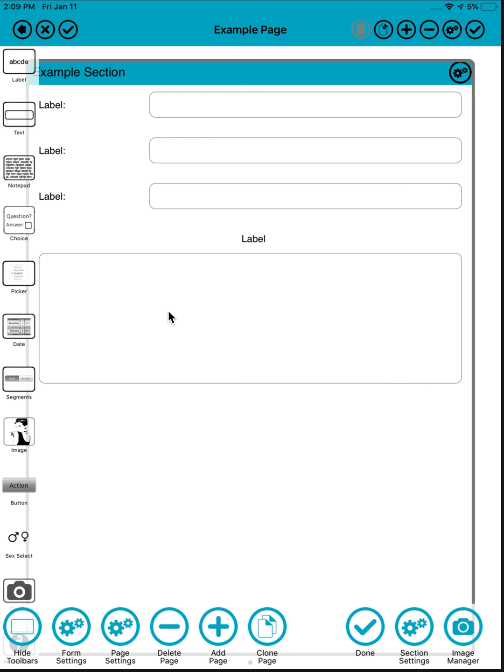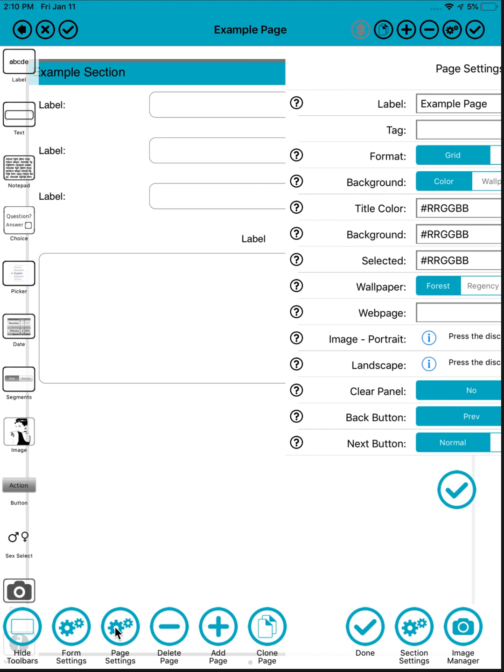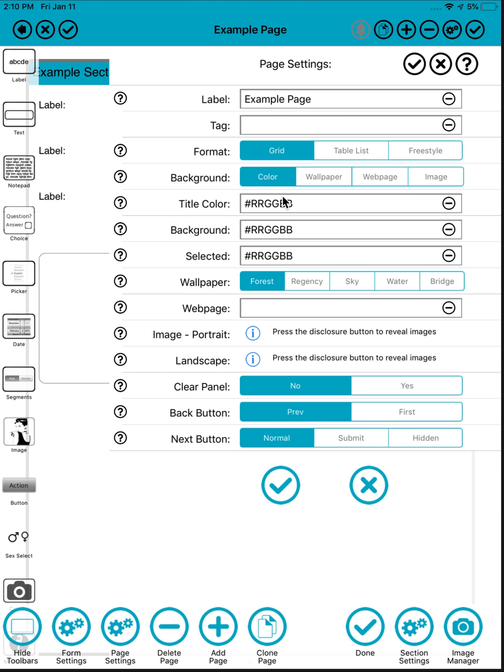Now what I like to do is to set a background for this page with a logo on it. It'd be nice. So the way I do that is I need to set it on the page settings for every page, because each page might have a different background. So in page settings down the bottom here, I can go in, and it's this field here that controls what's